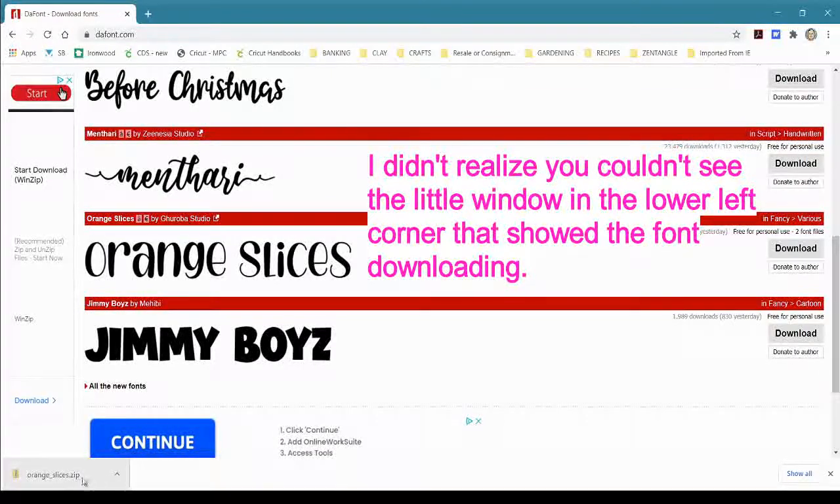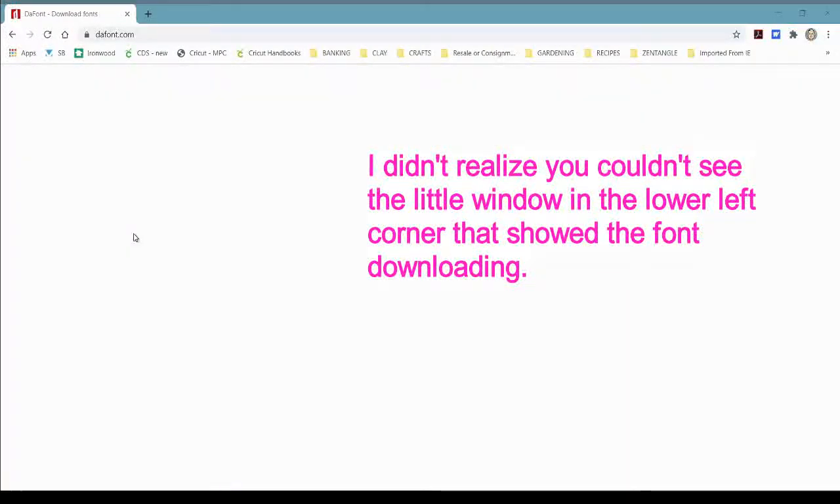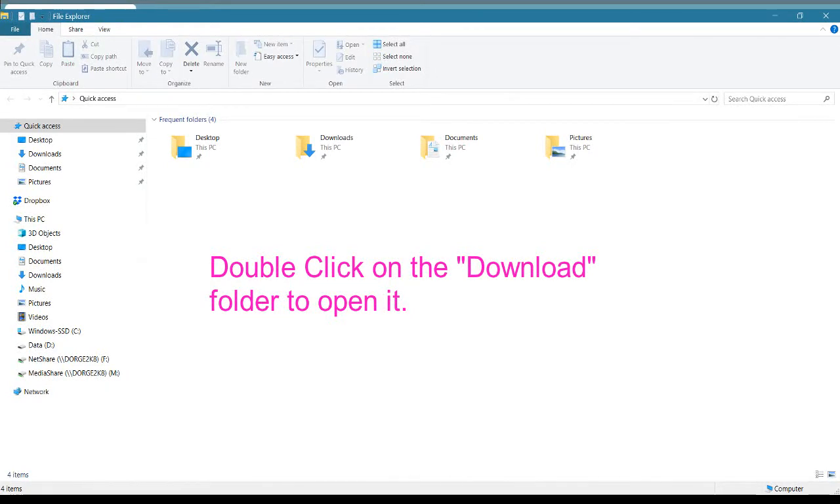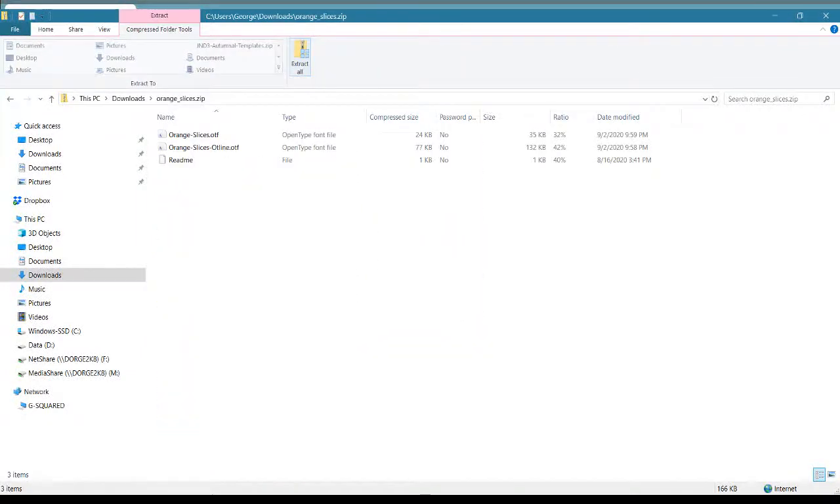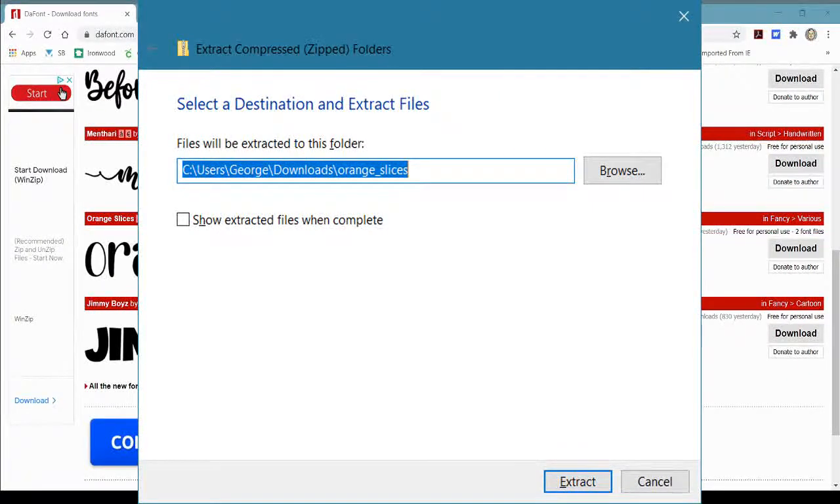So now what we're going to do is go out to Windows File Explorer, and we're going to go into the downloads folder, and I am going to look for this zipped folder that we just downloaded, which is Orange Slices zip. So you're going to double click on that, and I want to extract all, and I'm going to extract it to, looks like my users, back to my download folder, so that's okay. So I'm just going to click extract,